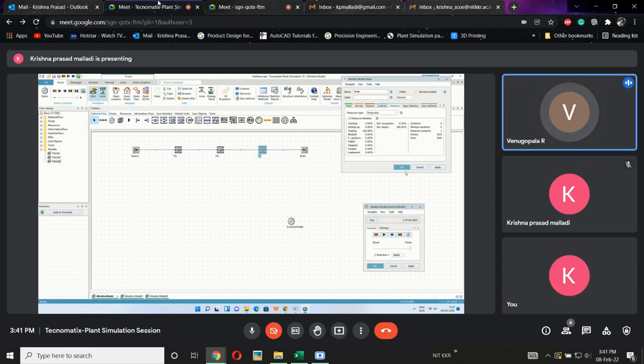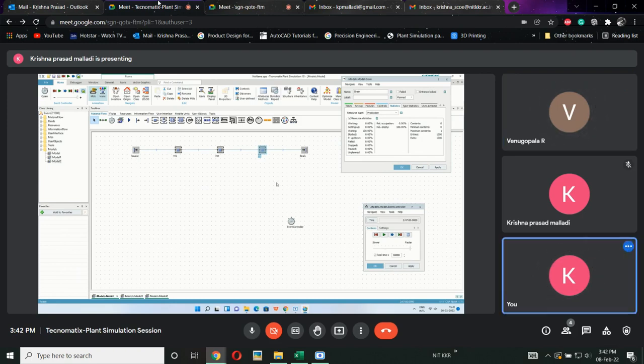So now I have a question. For producing 1,000 parts, it has taken 2 hours 47 minutes, right? So if we reduce the connector length, then the time will be reduced. Definitely reduced. Let us say this is the actual layout of a plant, and they have given us a project to increase the output, or the throughput.